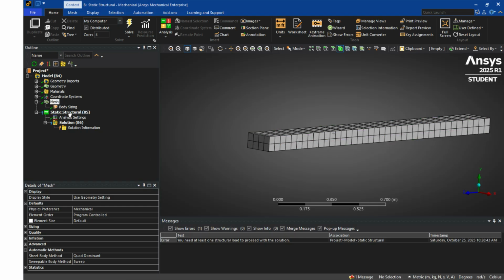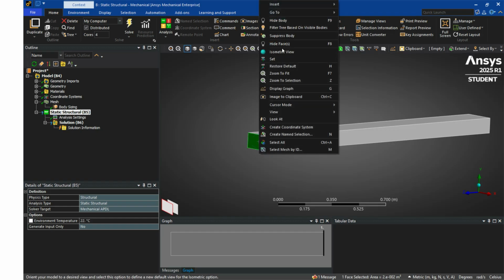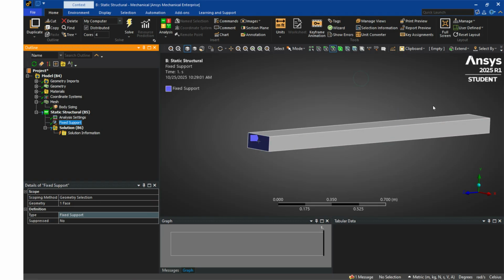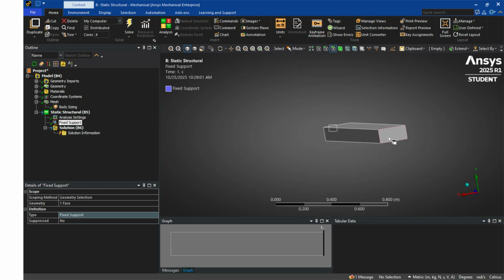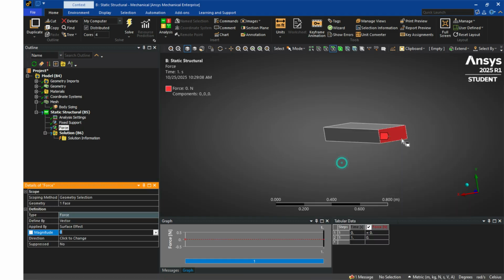Okay, so now for static structure, you can click on that. Then you're going to change it to face select. You're going to insert a fixed support right there. And then this side, you are going to insert a force. So it's going to be a magnitude of